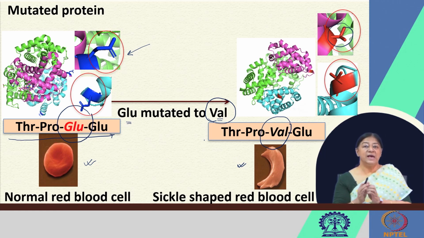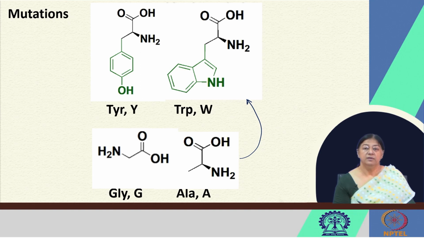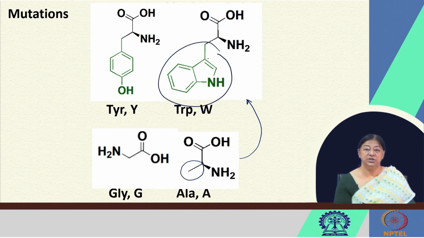So, we see that the glutamic acid with its characteristics and valine with its characteristics can create such a variation in the terms of interactions that are going to lead to mutated proteins that are going to be harmful. So, the mutations that are going to take us, say, from alanine to tryptophan, they are going to have steric issues as well, because the accommodation that we had with alanine now has to accommodate this large side chain. So, these are also important issues that have to be taken care of